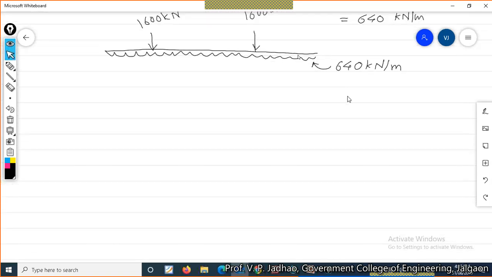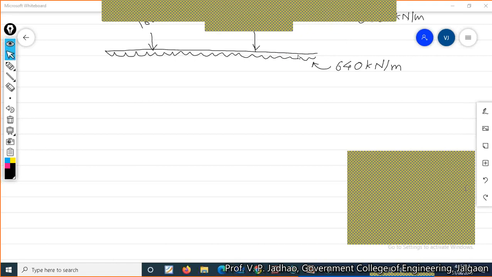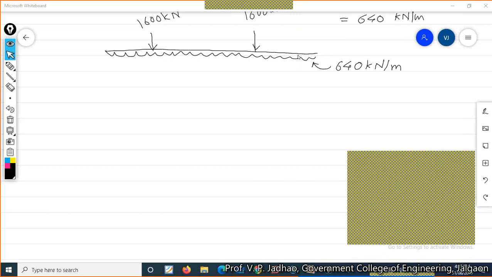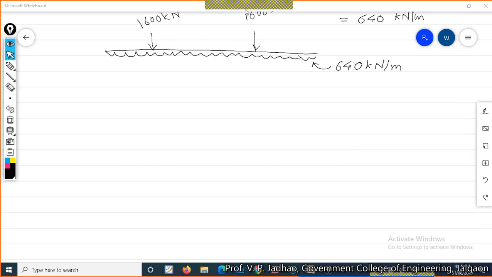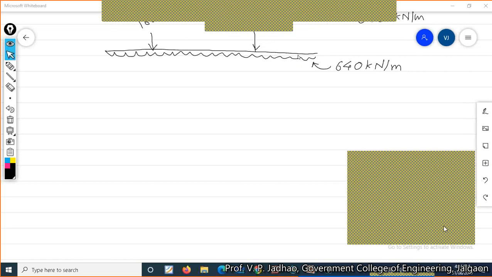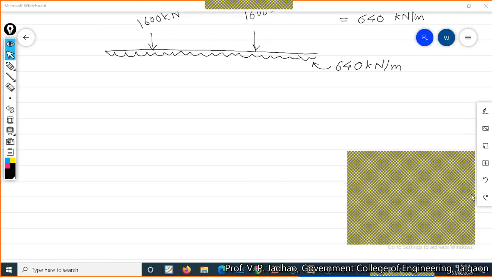Okay, we are designing this particular footing as a beam which is supported on two columns, with some portion as cantilever, some portion on the right hand side as cantilever. Whatever your queries are, you can drop them in the chat box rather than raising your hand. If you have any query, you can write it in the chat box.